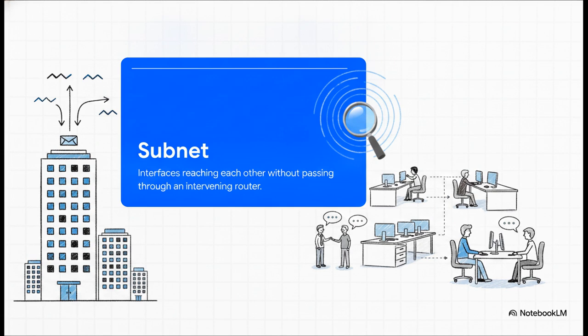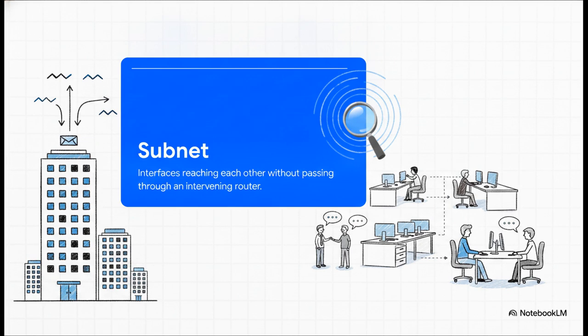down to the mailroom. But a subnet? A subnet is like an open-plan office floor. If you want to talk to your coworker sitting 2 desks away, you don't write a formal letter and send it to the mailroom. You just stand up and talk to them directly across the room. A subnet is simply a local neighborhood of devices that can communicate directly with one another without ever needing a